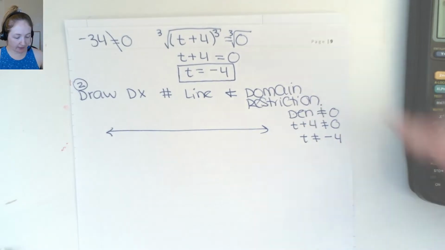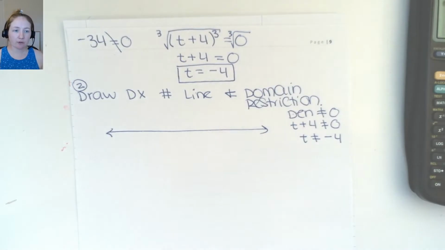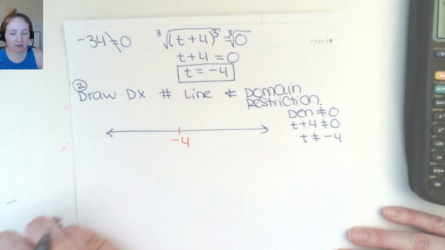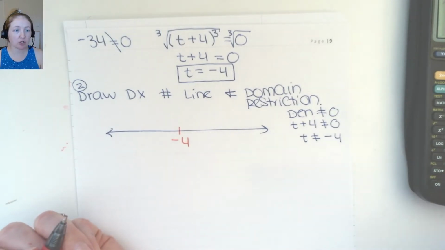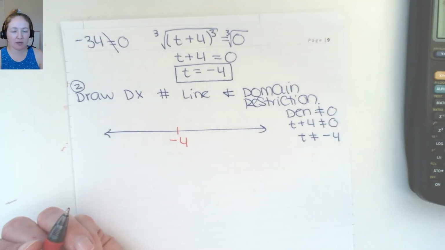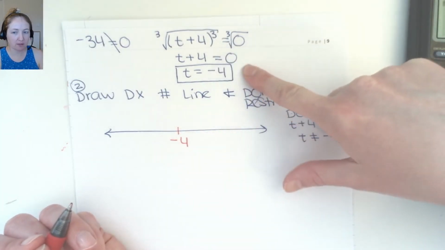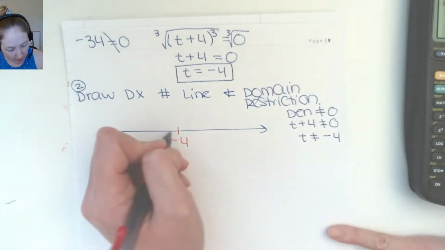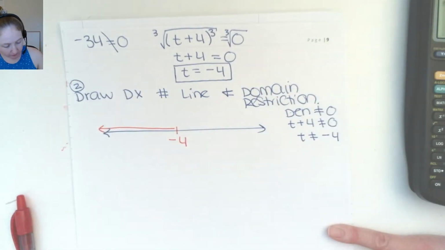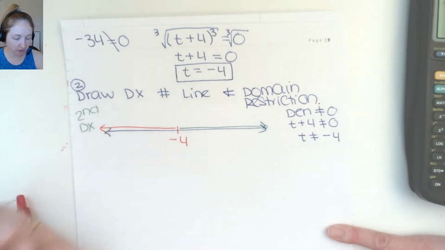So you'll notice that that negative 4 did come up with the second derivative equal to 0, but it also comes up as a domain restriction. So either way, negative 4 needs to go on the number line. It's a domain restriction. It's also where the second derivative is supposedly equal to 0. Now, that right there should be kind of a pause, that you're plugging in the domain restriction that also happens to be this number of interest. But we'll carry on. So we have our two intervals,